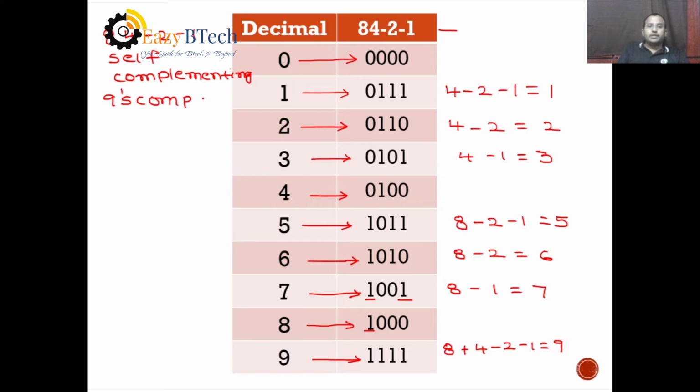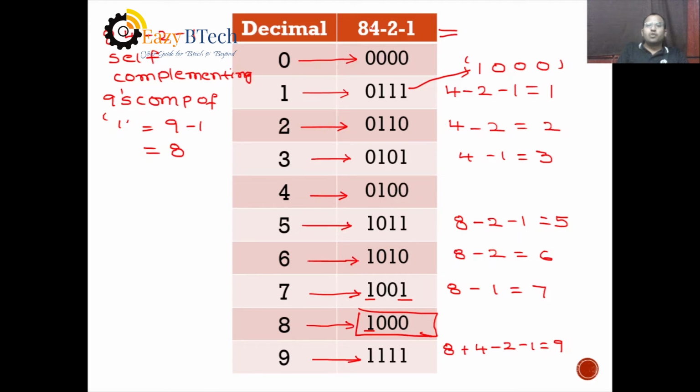9's complement of 1. What is 9's complement of 1? It is 9 minus 1, which is nothing but 8. So if you take the logical complement of the representation of 1. So what is logical complement? Simply interchange zeros to 1 and ones to 0. 1 triple 0. You see, the representation for 8 is 1 triple 0. So this 8 4 minus 2 minus 1 code is also a self-complementing code, and you can cross check